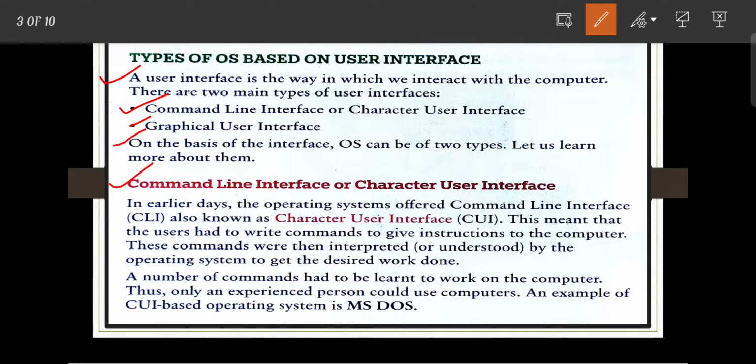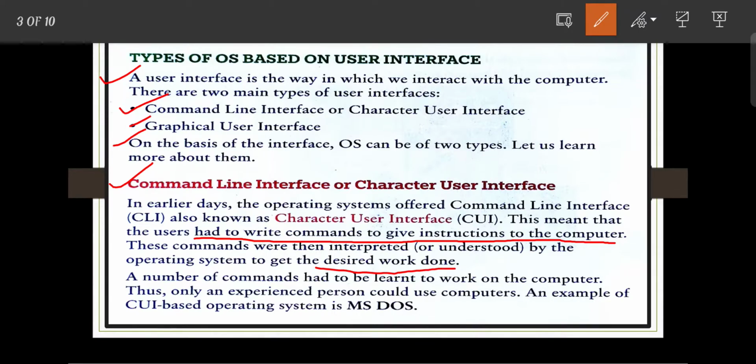In the early days the operating system offered command line interface, CLI, also known as character user interface, CUI. This meant that the user had to write commands to give instruction to the computer. These commands were then interpreted by the operating system to get the desired work done.